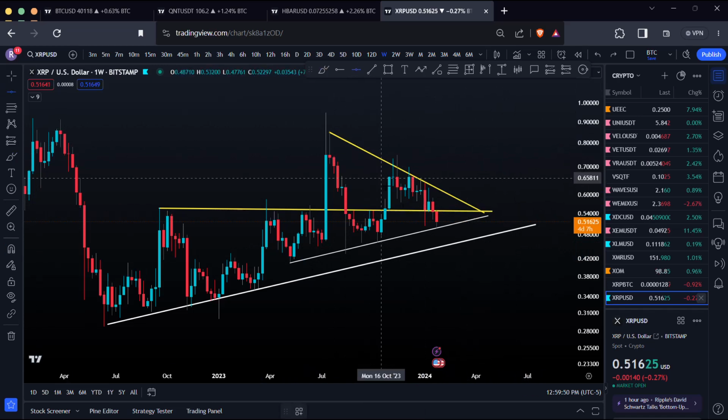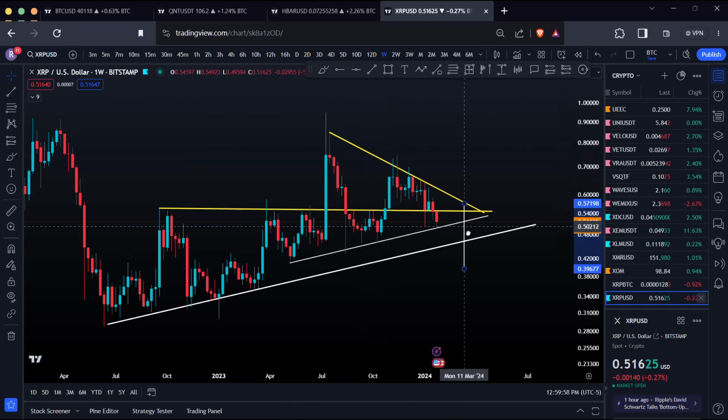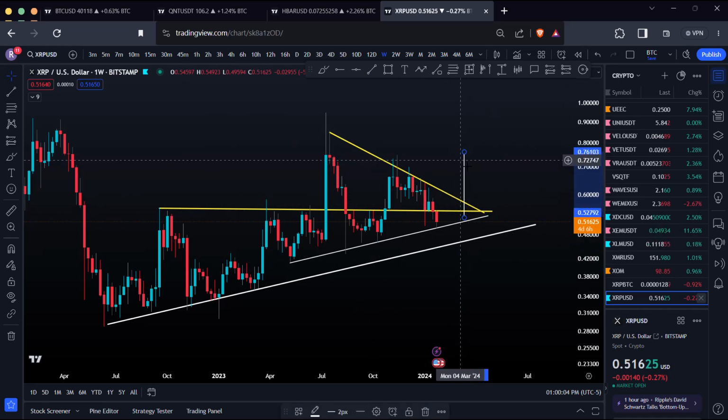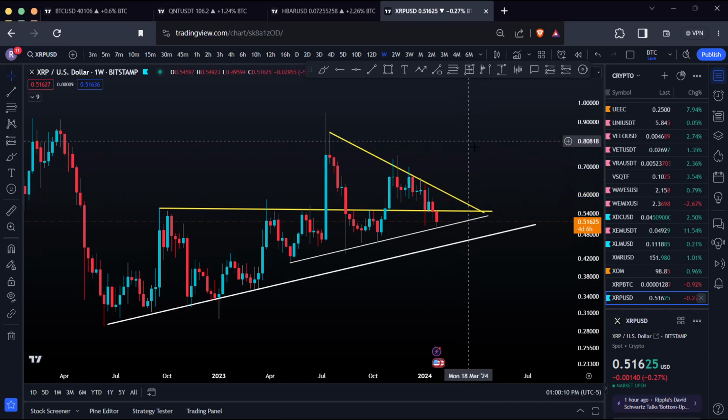The measured move, once again, I'm telling you to be conservative. Let's just say is from here to here, showing me that we could break down to the 38 cents, or we potentially could break up back to the 72 cents to potentially the 74 cents. So which one has the higher probability of happening? As of right now, I don't know, because we need to see what's happening with a lot of charts and